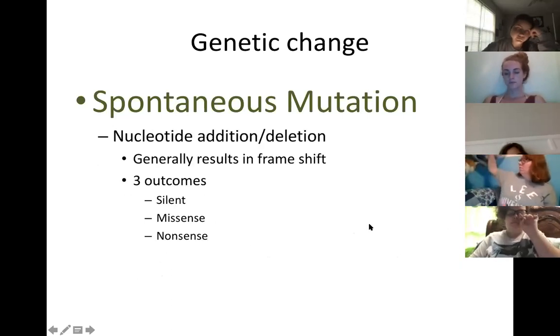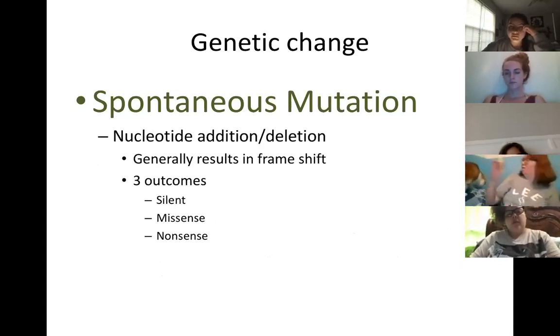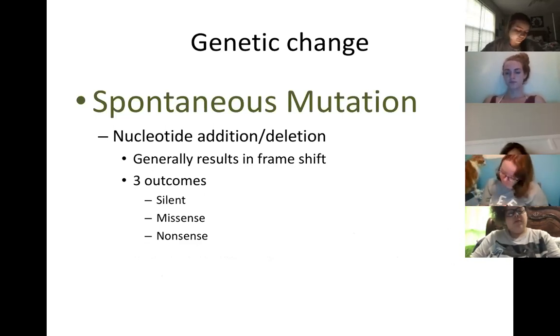Okay. Would a mutation also be considered nonsense if something happened to the start codon? Ooh, yes. I guess I've never really thought of that scenario. But yeah, I would throw it into there, because if you can't initiate transcription, or if you can't initiate translation, then yes, you'd result in a non-functional knockout. Yeah, that's a good point.